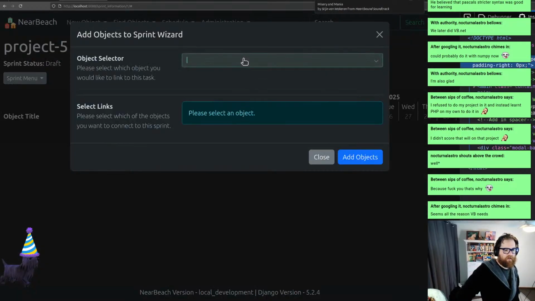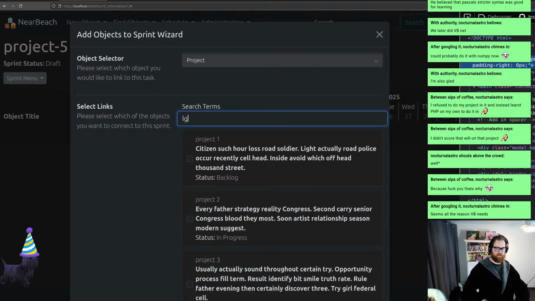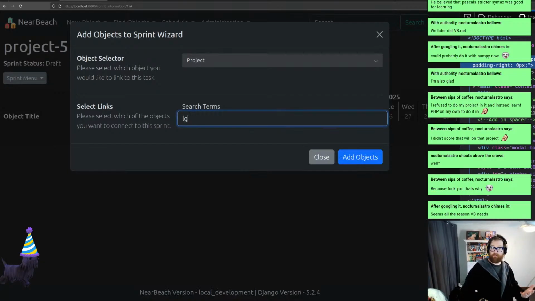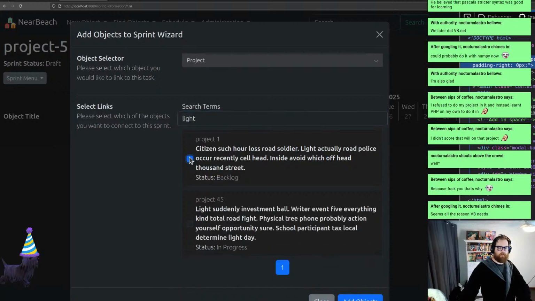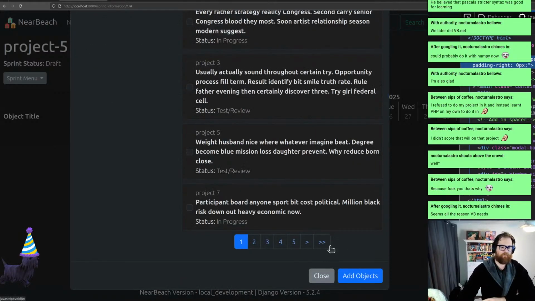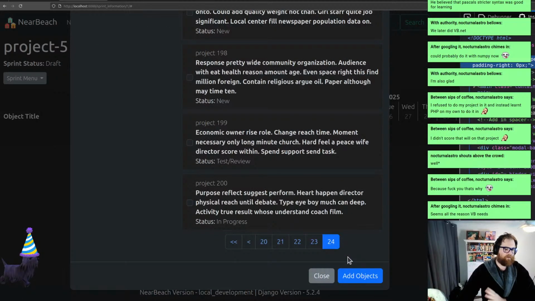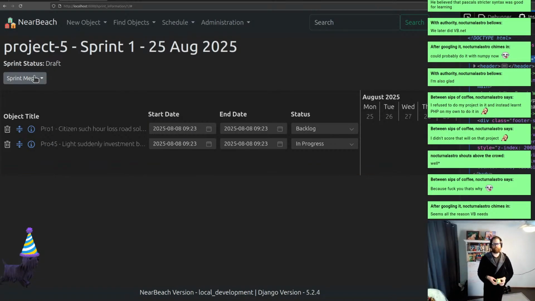Let's go into this. We got the project. Cool. The search term comes up, and then if we type in something that doesn't appear, it still stays there. And then if we type in light, we can pick those two. We can then remove that. We can then see it pops up right there. We can jump to the last page and be like, yep, all right, cool. And then we add the objects and boom, they appear there. And we're like, sweet. Done. Easy done. So from here, what we've got to do is,